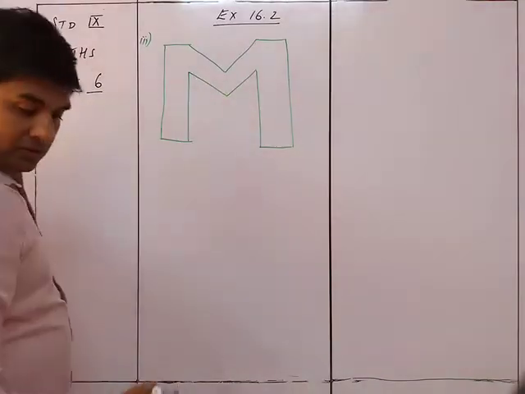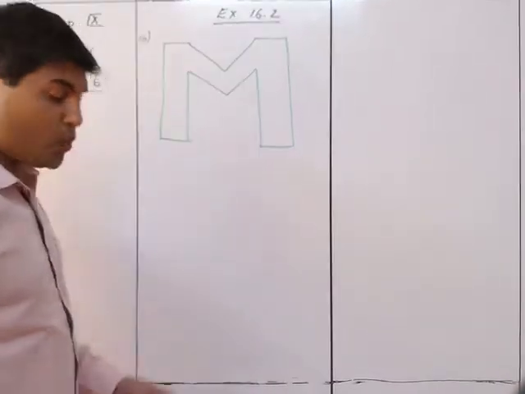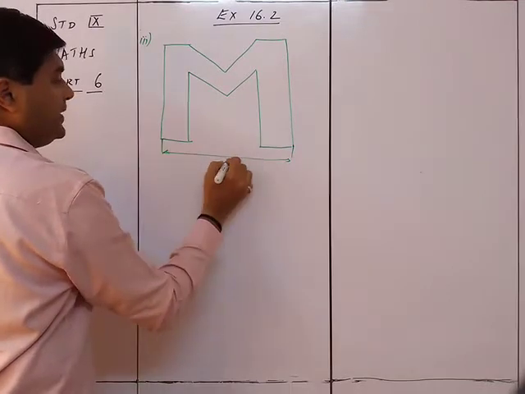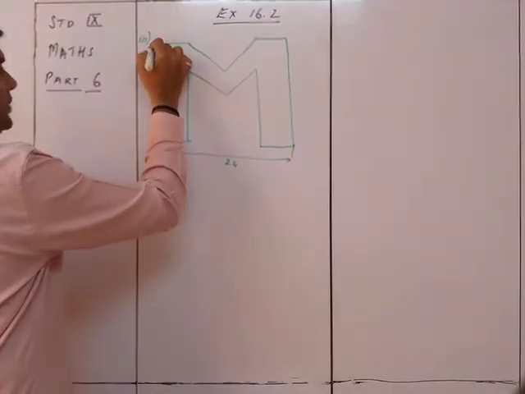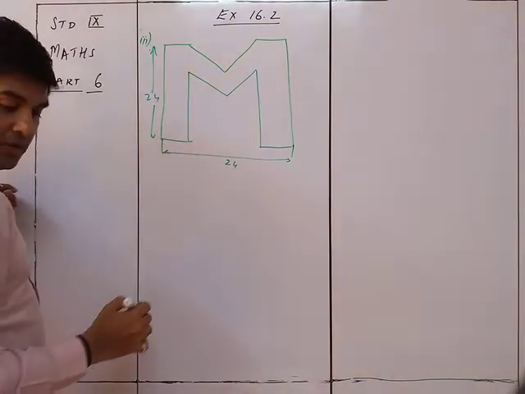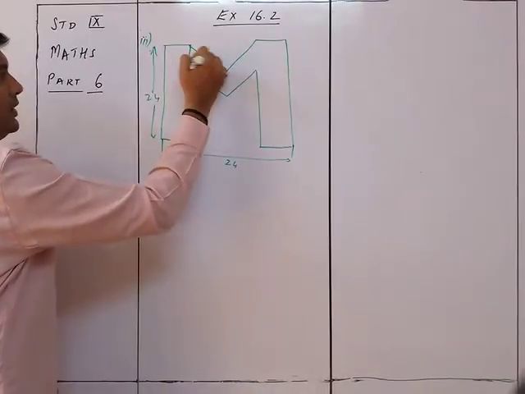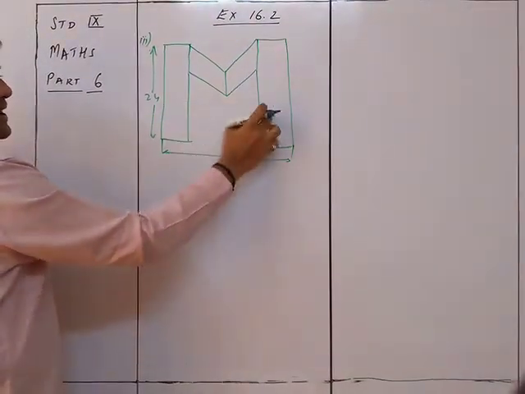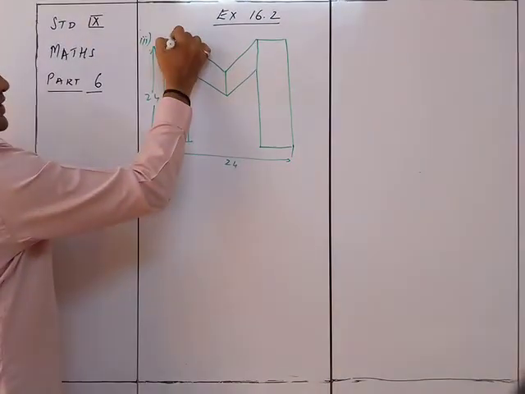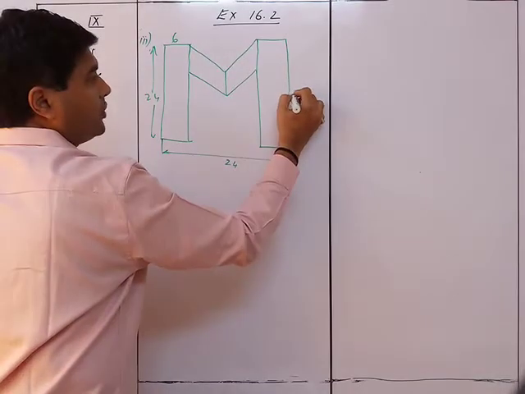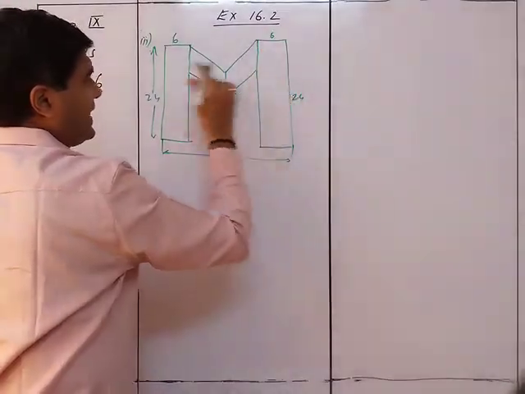Okay. So they are given that this thing is a square board. From here to here is given as 24. From here to here is also 24. So this is something which is already given. If I draw a line over here and a line over here and a line over here, then these two are rectangles of 24 by 6. So this is 24 by 6. This is again a 24 by 6 rectangle.